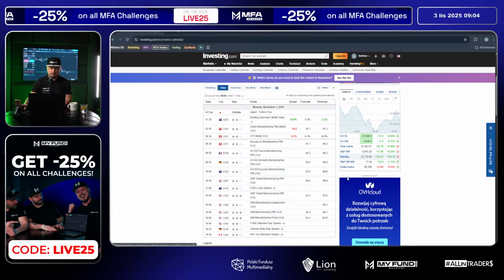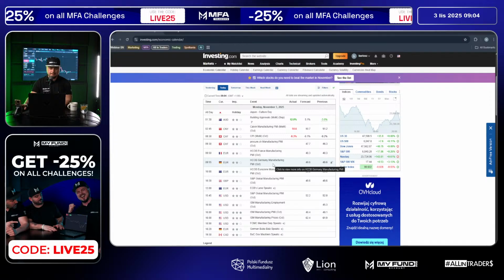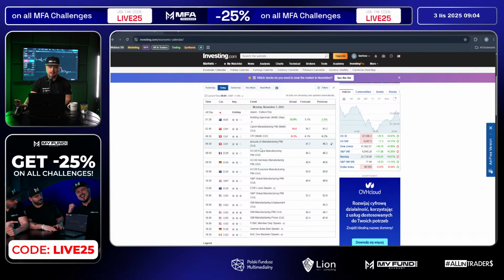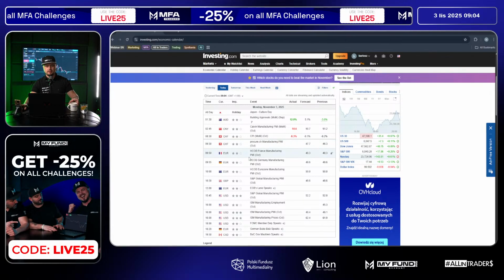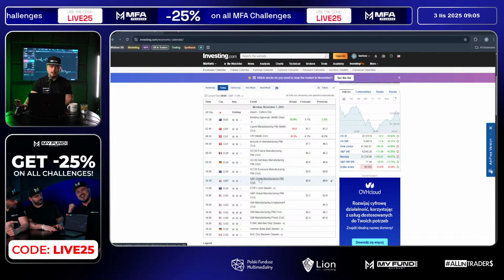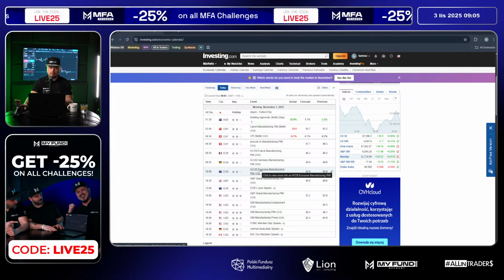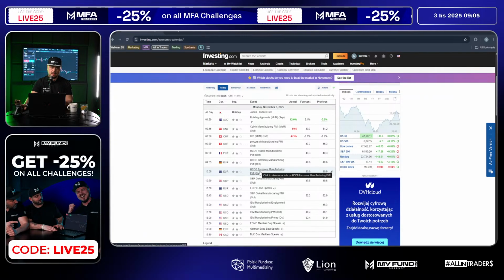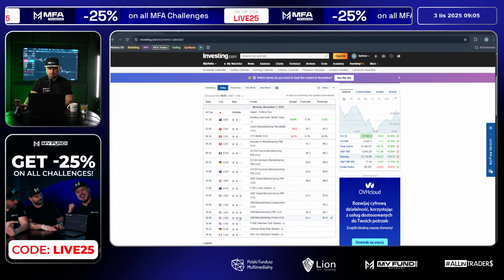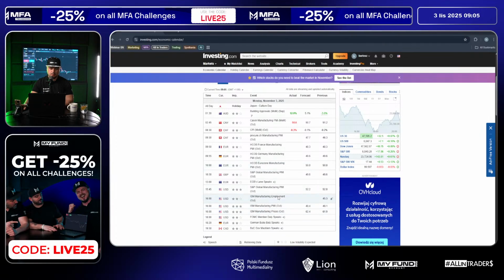So let's have a look at our calendar. We can see in Japan we got a holiday today. It's Monday, the 3rd of November. So basically, we are looking for the high impact news, which is marked usually 3 stars in Investing.com. If you are looking at Forex Factory, there are yellow, orange, and red colors, where red means high impact and orange means medium impact. So 3 stars means these are high impact news, and we're gonna watch for that.